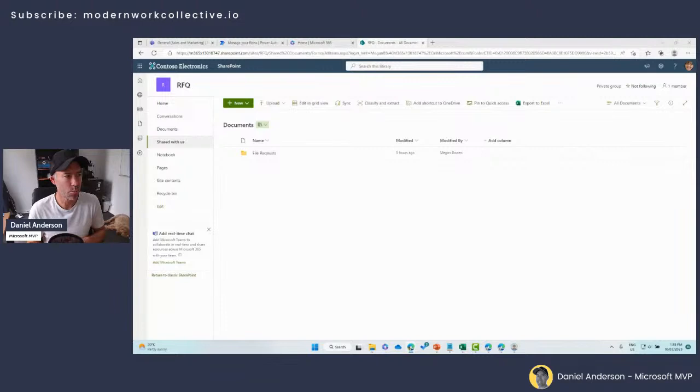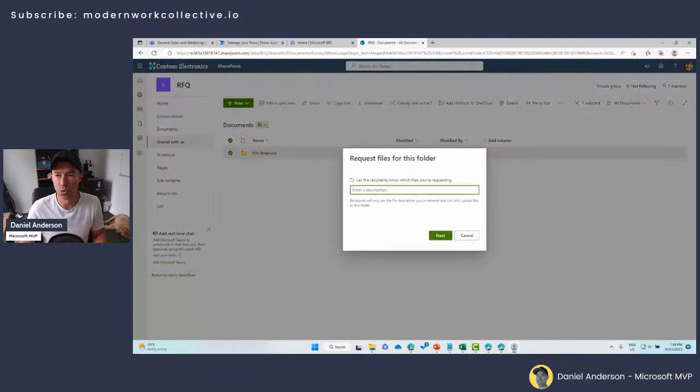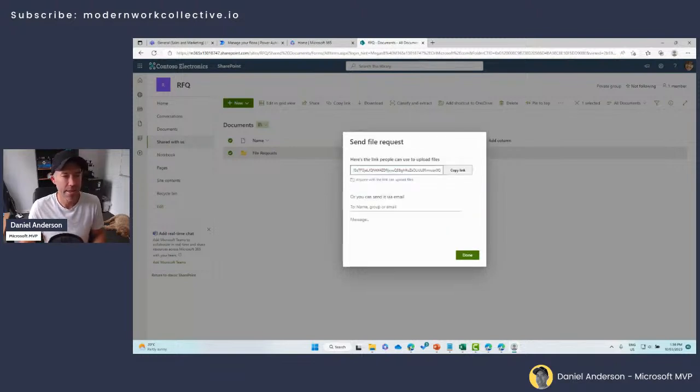We've got our site set up. We've got a document library. We've got all our prereqs done. We've got a folder in there called File Requests. So what I'm going to do now is select this folder, then go to Request Files. Let's call this Applications. We'll go Next, and then we will select a person,